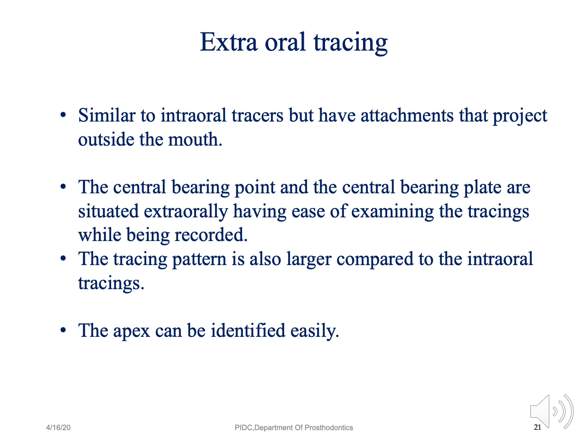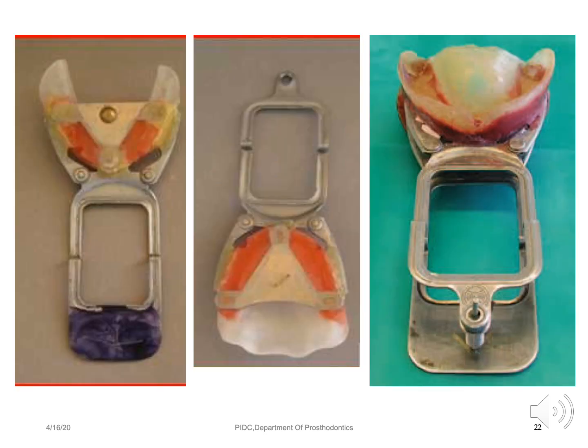You can actually see whether they are in contact and they are making those marks. In this figure, you can see the mandible and the maxilla. The maxilla has got the pin, which is the other way around when compared to the previous method. So the maxilla has got the pin and the mandible has got the plate, and then you do the specific movements, and the stylus or needle makes the marks on the plate, which gives you the centric relation and also the lateral and protrusive movements.